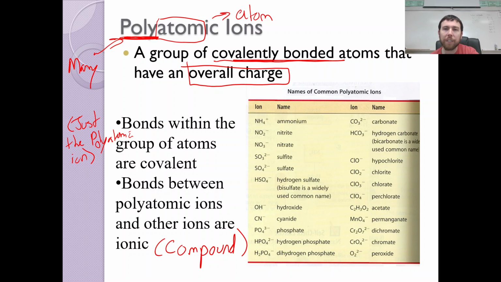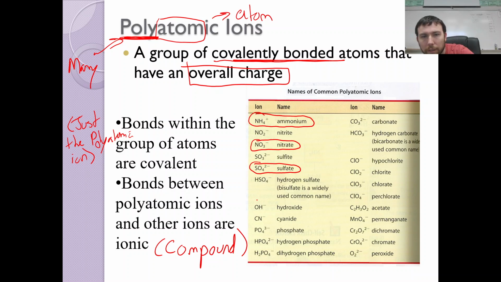Now, I've shown you over here on the right, this is a list of some polyatomic ions. And the really nice thing, ladies and gentlemen, is that on your reference sheet, there's actually a list of polyatomic ions that you need to know. If I'm not mistaken, the polyatomic ions you need to know specifically, so their formula and their name, are ammonium, which is NH4+, nitrate, which is NO3 1-, sulfate, SO4 2-, hydroxide, OH-, phosphate, PO4 3-,